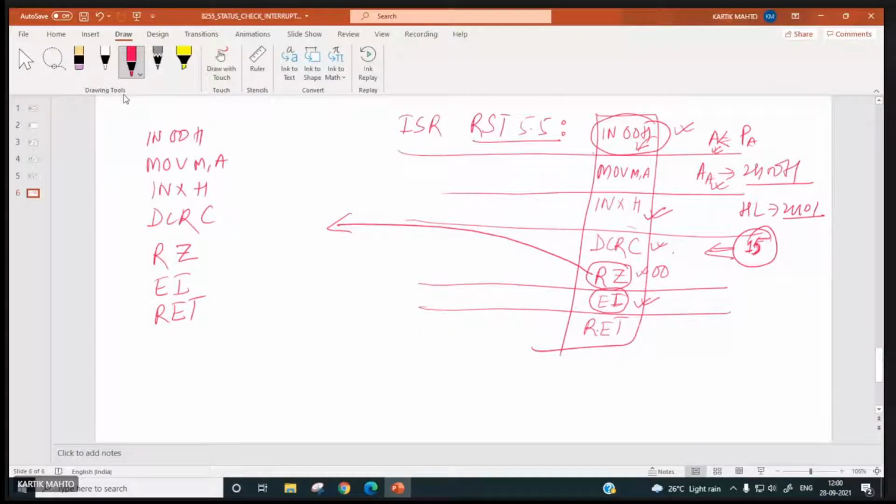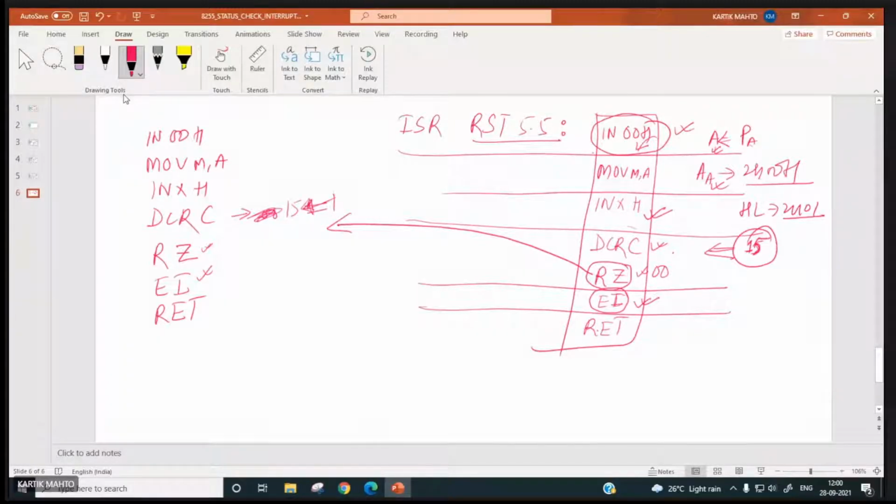If the count has decremented to 00, then there is no need to input further, so interrupts are disabled. But if the count is not 0, that is, all 15 kids haven't inputted their data, in that case it will not return from here. It will enable the interrupt, then it will return. Is this point clear to you?